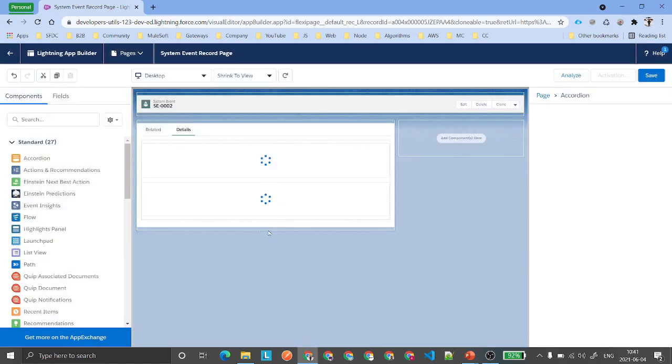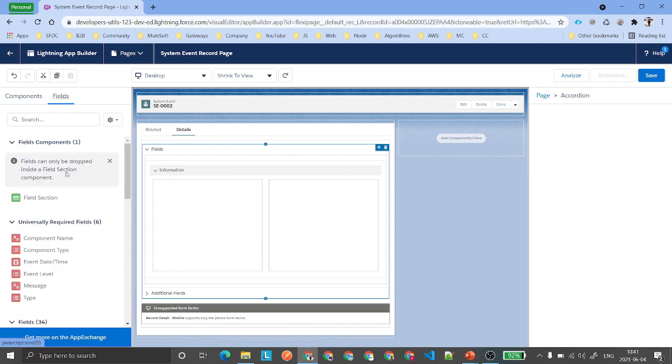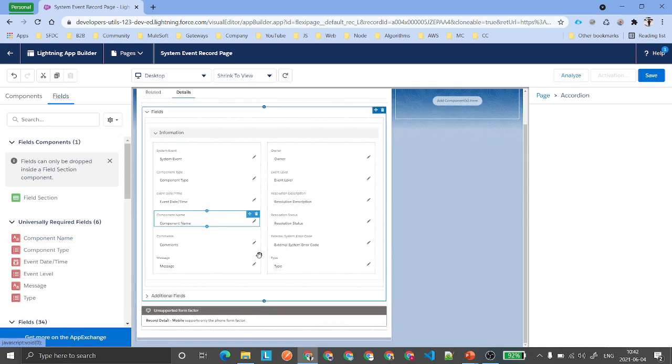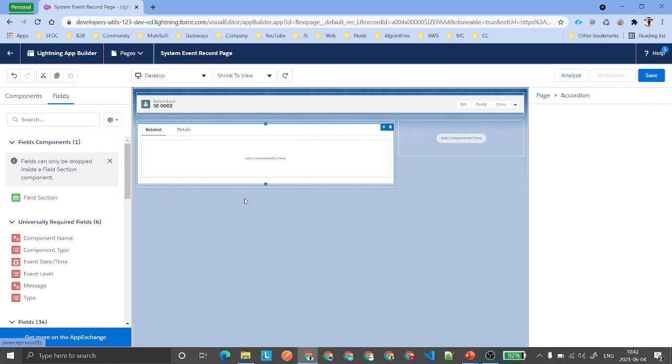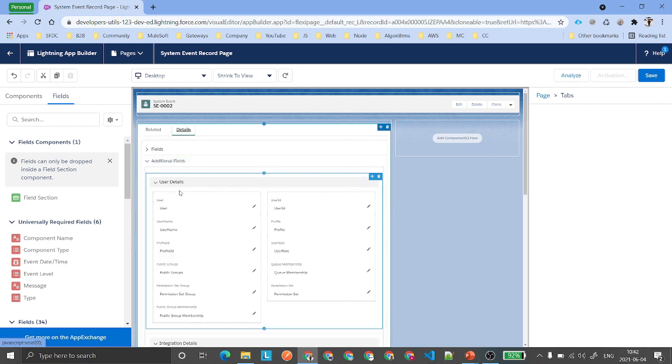As soon as you click on finish, it is going to update your record detail page to dynamic forms. And if you notice on the left-hand side panel, there is one more tab called fields, and here you will be able to find your fields. Suppose you want to add the additional fields from the accordion, the few user details, over here.